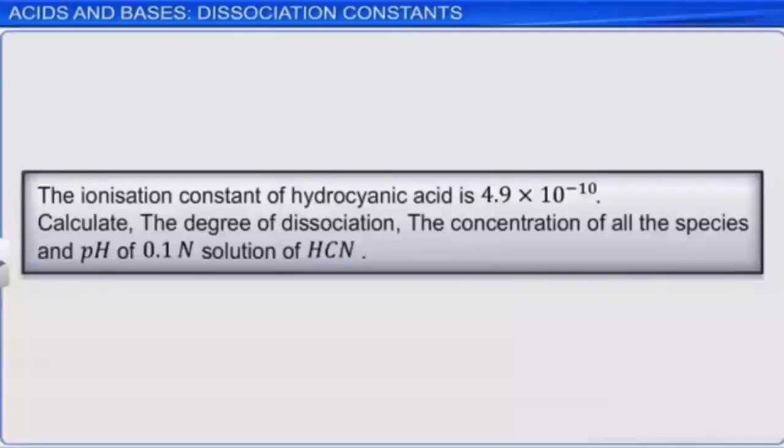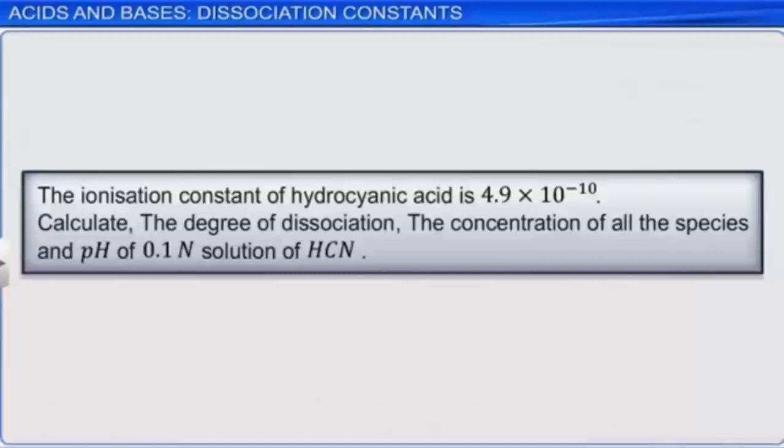This problem will help you understand the steps to calculate the degree of ionization, equilibrium concentrations, and pH of a solution when the initial concentration and dissociation constant of the acid are known. The ionization constant of hydrocyanic acid is 4.9 × 10^-10. Calculate the degree of dissociation, the concentration of all the species, and the pH of a decinormal solution of hydrocyanic